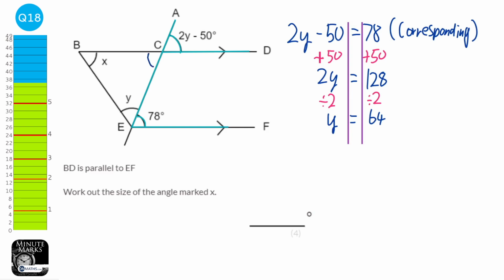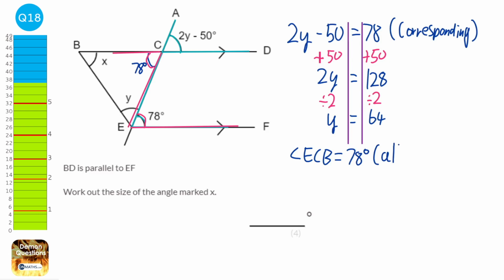We could work out the fact that these two here are vertically opposite. That would be absolutely fine. But actually, if we look at this part here and this part here, these are also two parallel lines, and we've got this angle here and this angle are going to be alternate. So I can write that down here. So angle ECB is equal to 78 degrees. So this will be 78 degrees. And the reason for that is alternate